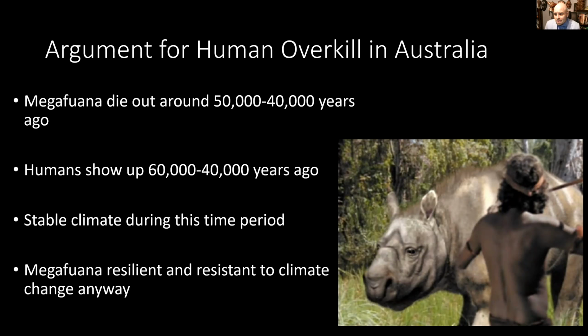And the other thing a lot of people argue against climate change is that there have been all of these oscillations that happened in the past. These were not new species in Australia. They existed for hundreds of thousands, if not several million years. And they dealt with cooling and warming and expansion and contraction of habitats before. So this was not the first time they had to deal with this. So what was so special about this 60 to 40,000 year period that caused them to go extinct then when they may have survived earlier?